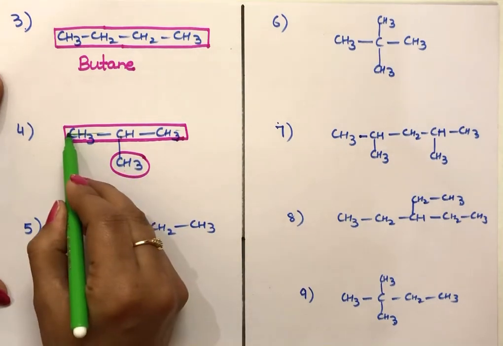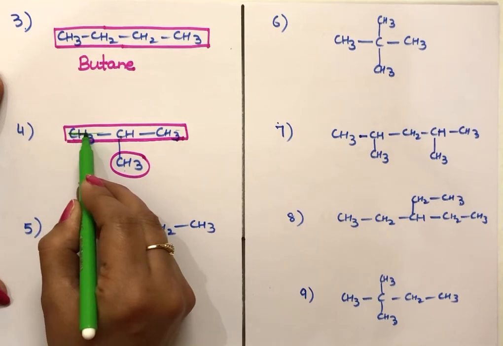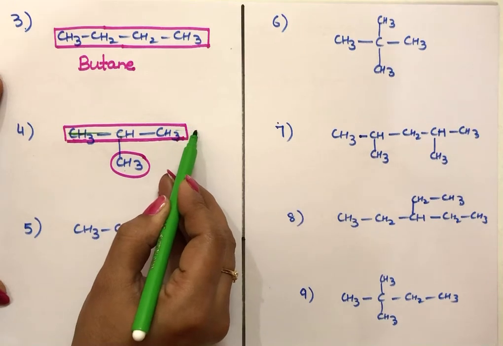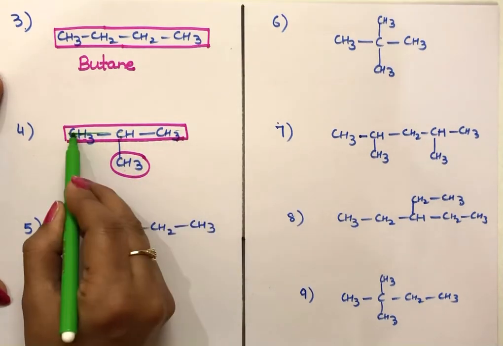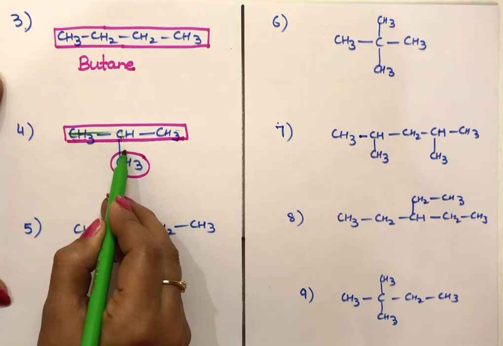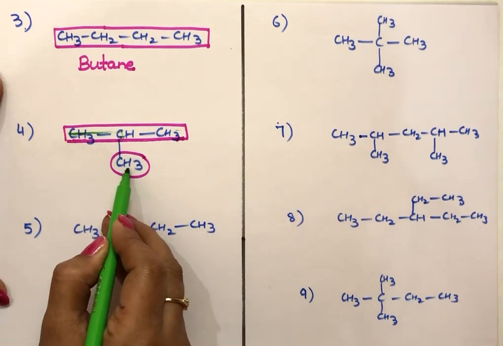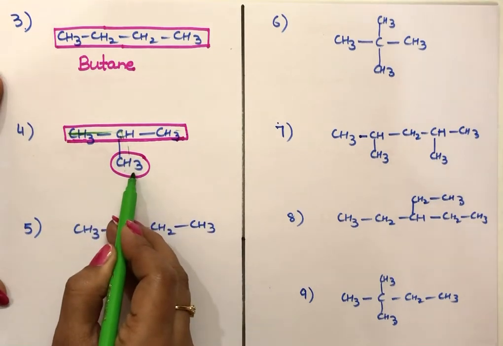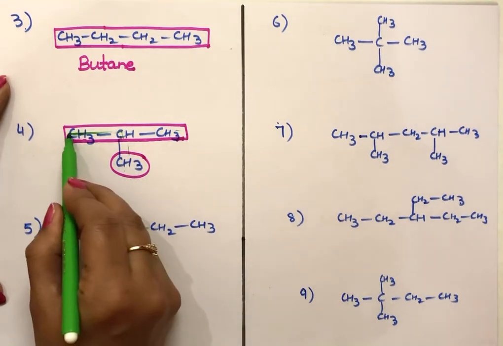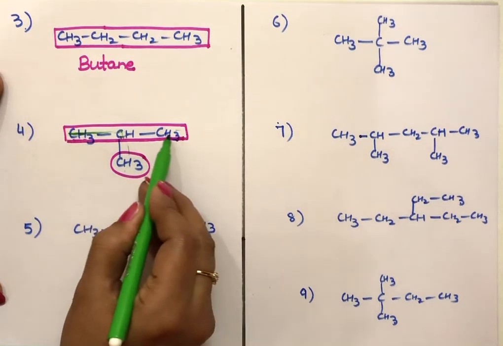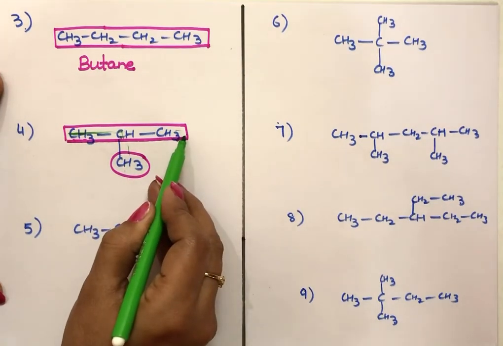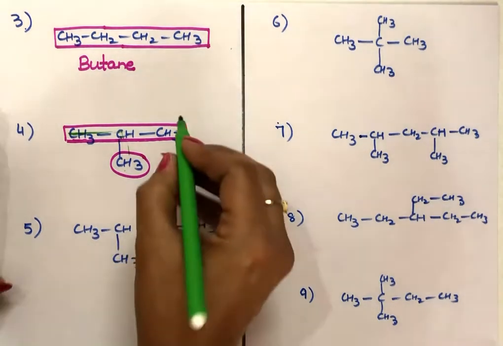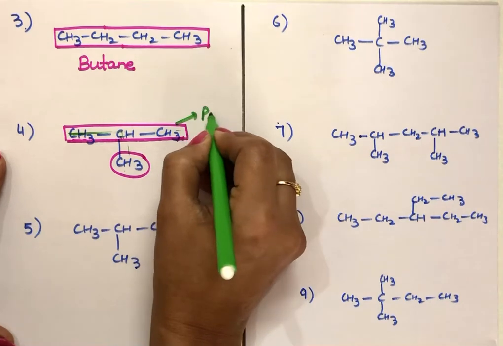So when I move my hand along the carbon chain straight without picking it up, only then is it a parent chain. Even here, 3 carbon atoms, I can come like this also, and to come to this side again, I don't have to pick up my hand. So either this one or this one we can take as the parent chain. But I suggest, if you have a choice like this, always take the straight one as the parent chain, because it will be easy for us to write its name. Now see, in this compound, we are getting the parent chain.